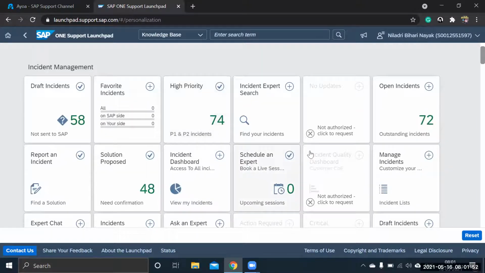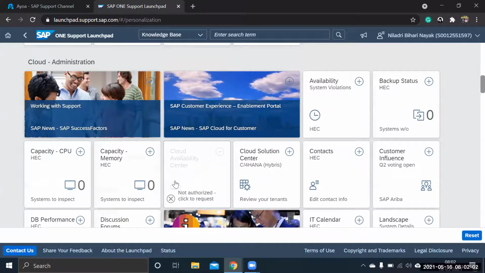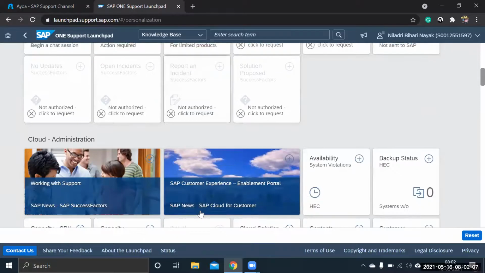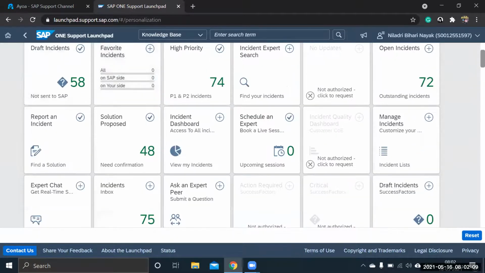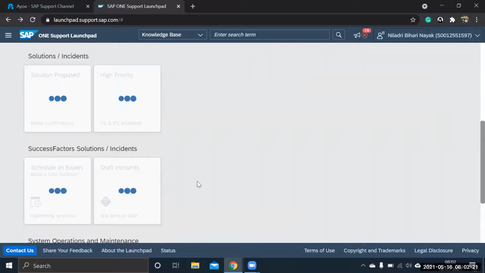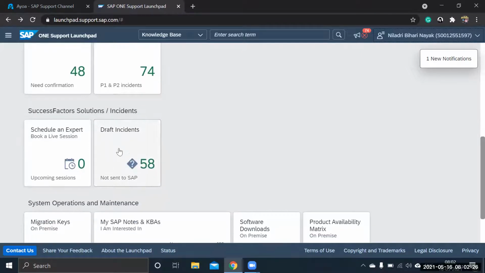Before that, I will show you something here, which is how a typical incident looks like. Incident management. You can see there are so many draft incidents.